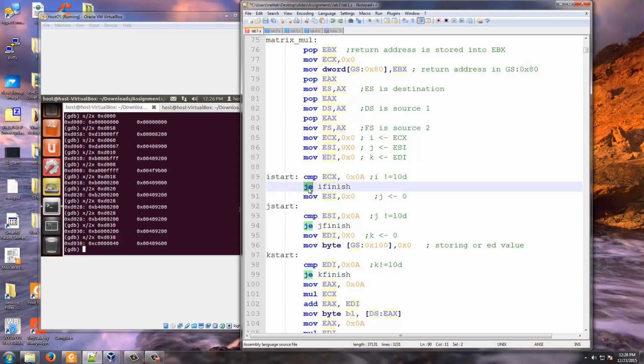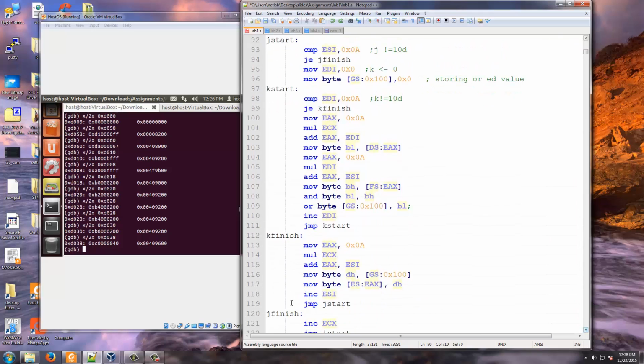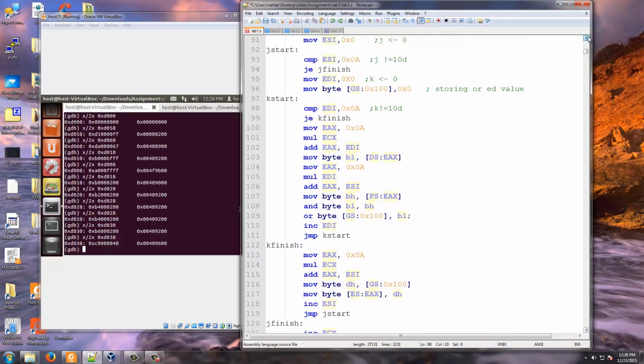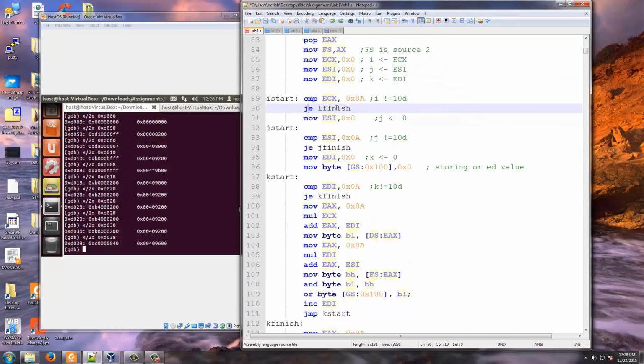If it is equal, this is called JE. JE means jump if equal. If it is equal, I go to I finish. I finish is at the end of the code. This is something like I finished the entire program, I finished the matrix multiplication. I go to I finish. But if ECX is not equal to 10, then I start a J loop,